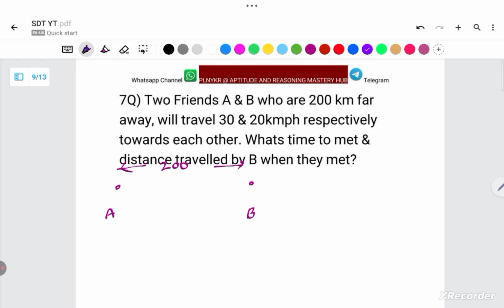Now here, A is traveling with a speed of 30 kilometers per hour, whereas B is traveling towards A, that means in the opposite direction, with 20 kilometers per hour. Let us say they met after traveling some distance at time t. Then the distance traveled by